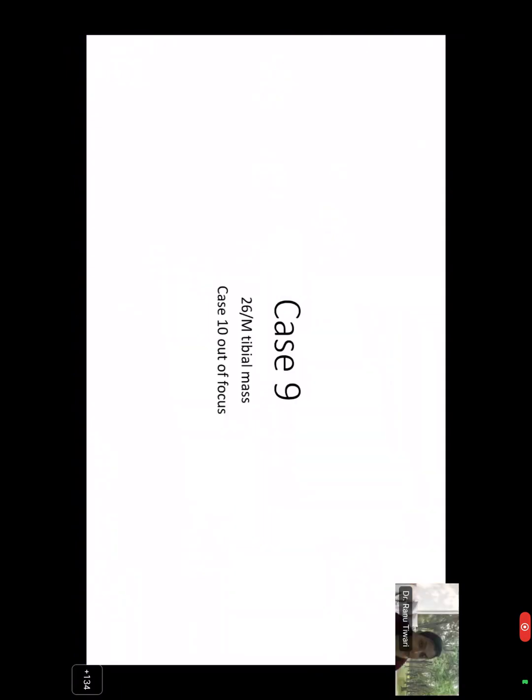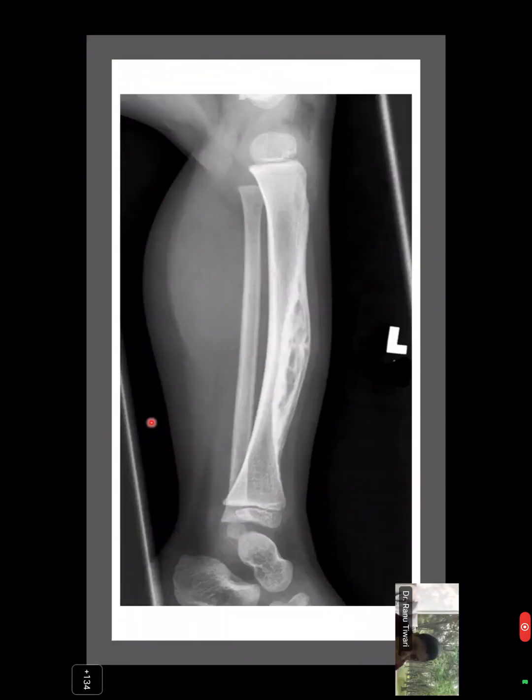Case 9, does someone want to describe case 9? Is there anyone? Yes, sir. So it's a radiographic image of a long bone, which looks skeletally immature. Yes, sir. Okay, go ahead. It appears to be a tibia, skeletally immature, in a very young child. Yeah, very young child. And it's a diaphyseal lesion,